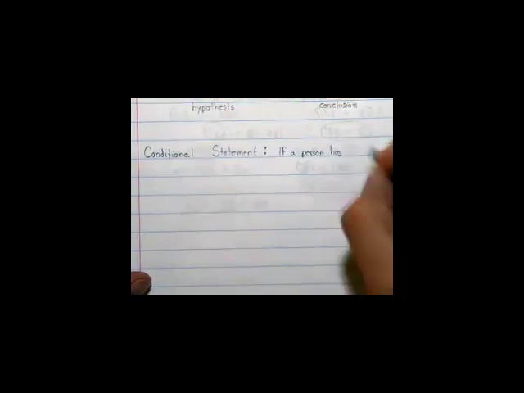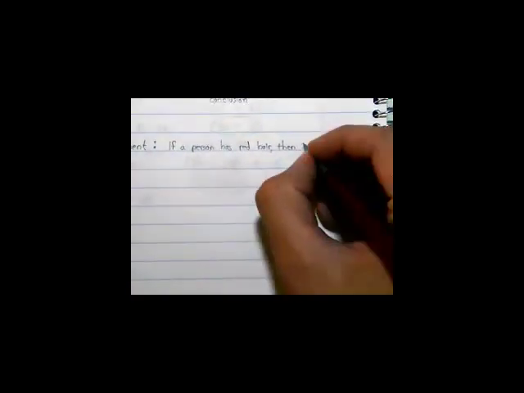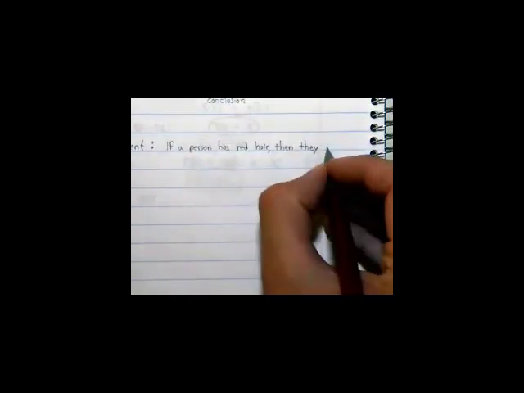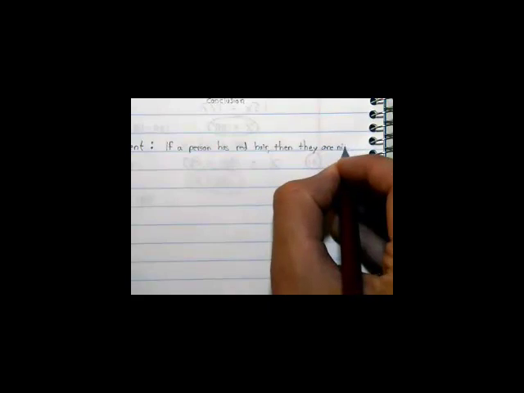Use this as a means to explain what these other things are: converse, inverse, contrapositive. All then they are. Okay, so